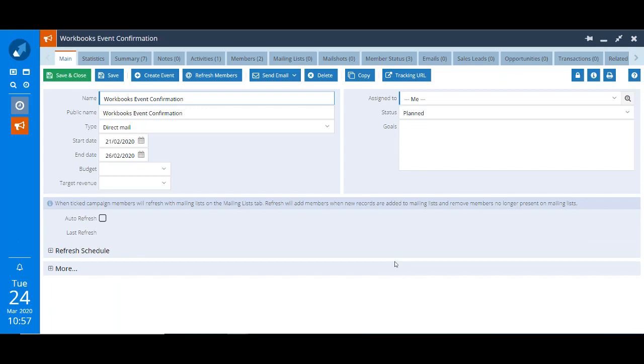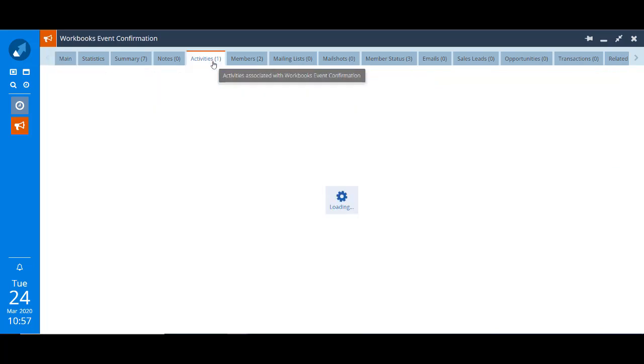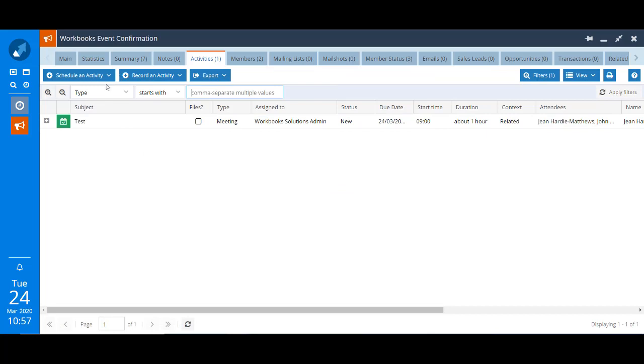There are other records in Workbooks, such as marketing campaigns. An example of one is on the screen at the moment, and also products that don't have that New button across the top here that we've seen on pretty much every other record we've looked at. If you wanted to create an activity linked to a record that doesn't have that New button, then go to the Activities tab, and here you've got two buttons. You can either schedule an activity, which means to create something that is due in the future, or record an activity. And if I was to record a task, for example,